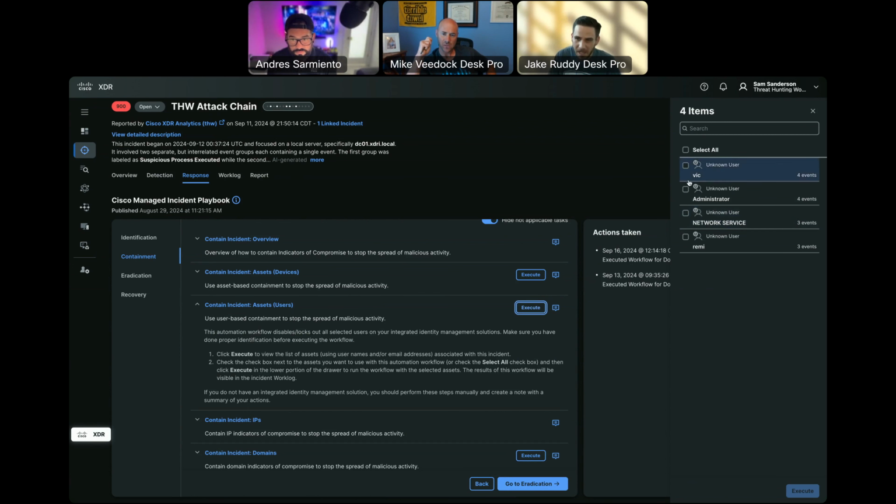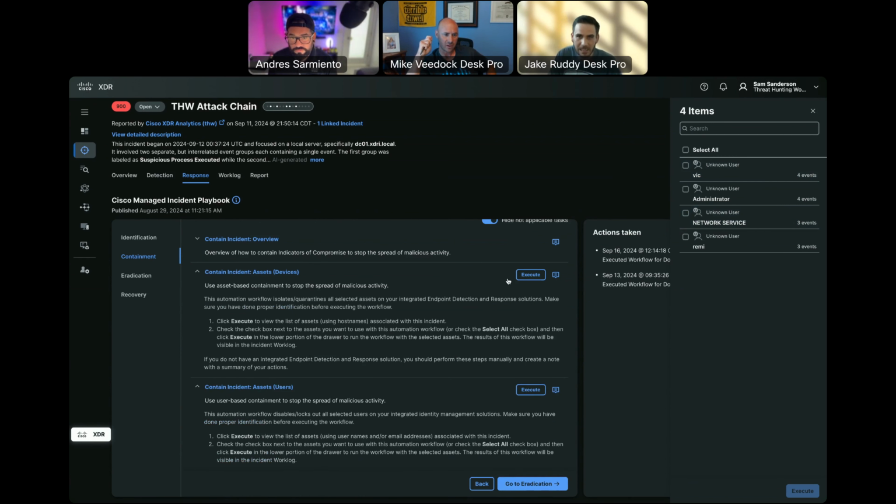Cool. You know, Vic may have access to all sorts of different endpoints, and I can isolate the one endpoint that we saw some sort of activity from for now. But what's to stop them from using that same compromised credential and now just hopping to a handful of other endpoints? We can isolate all the way up to the user level, right? We're now locking out that entire account. So if we know those credentials have been compromised, cool, that's fine. I can now lock them out from here. I don't need to jump into Duo or Active Directory or whatever I've got for identity. Again, all those workflows are already built in. I just need to have the integration done.